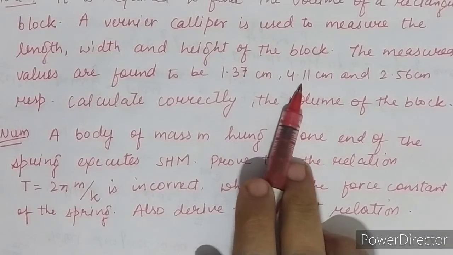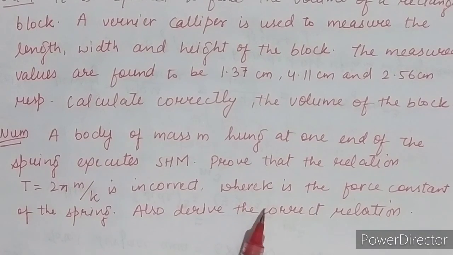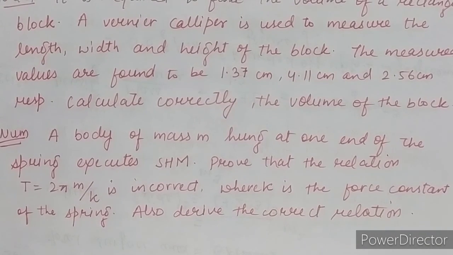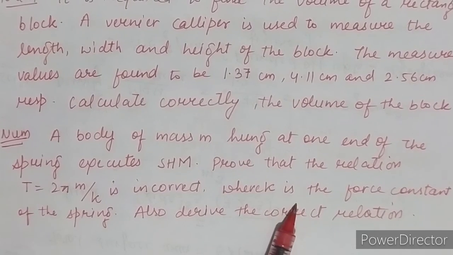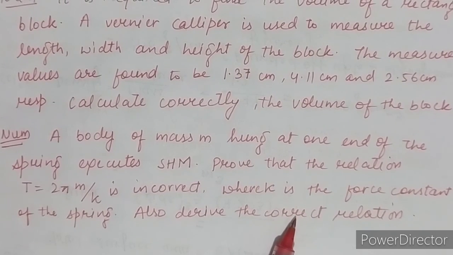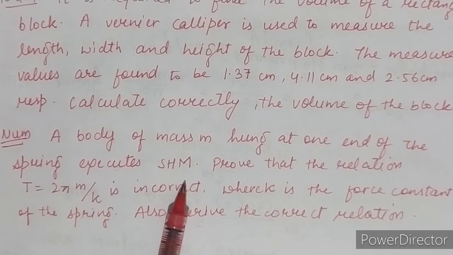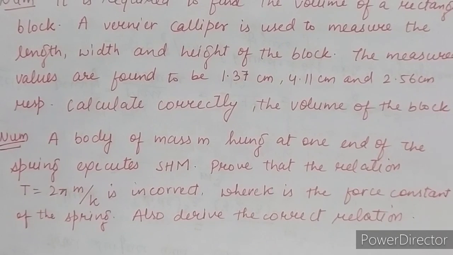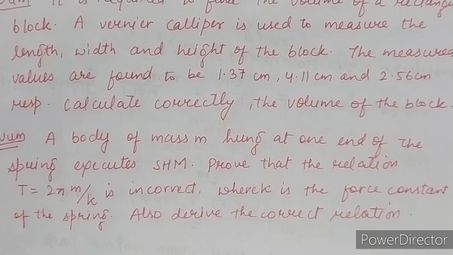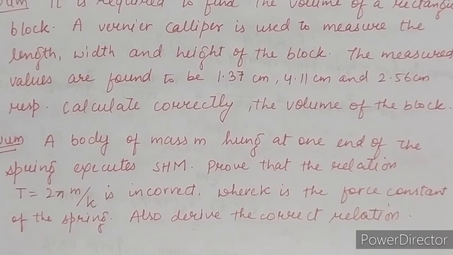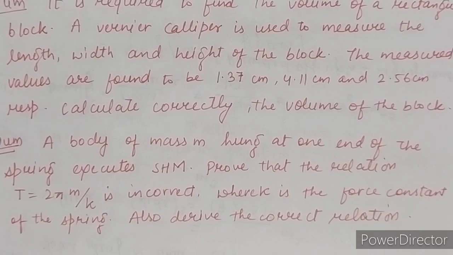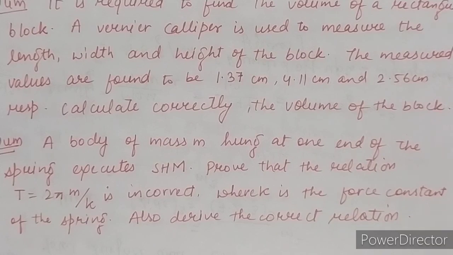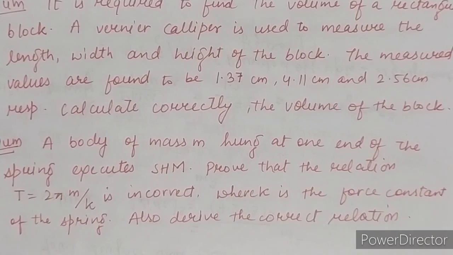This question is based on the error, this was based on the dimension. Okay, clear? So in this one question, two types of dimension application are used. Second, checking the consistency of the equation, and third, you have to derive the equation. Okay, and this is about today's homework. You have to solve it. Okay, and from our next lecture we are going to start our third chapter. Okay, clear? So thank you, that's all for today.